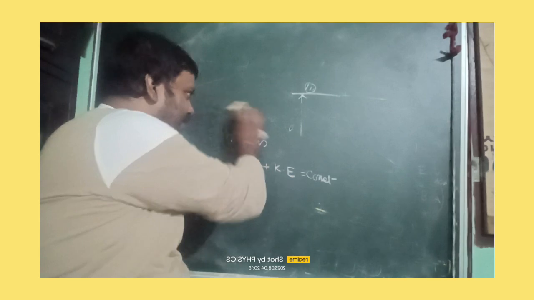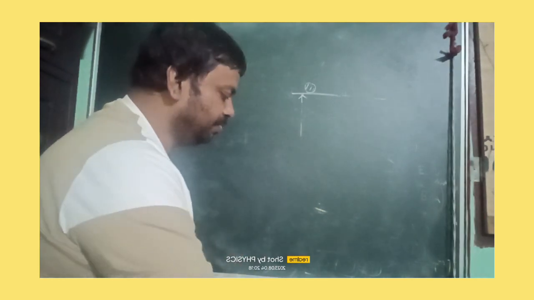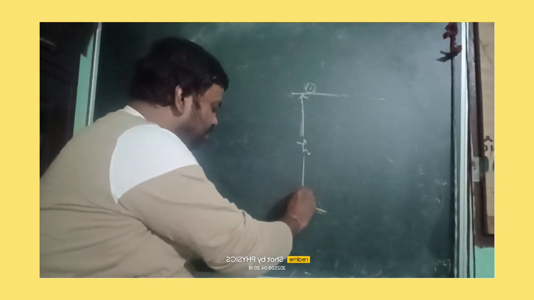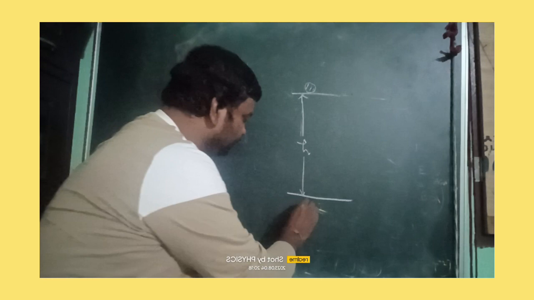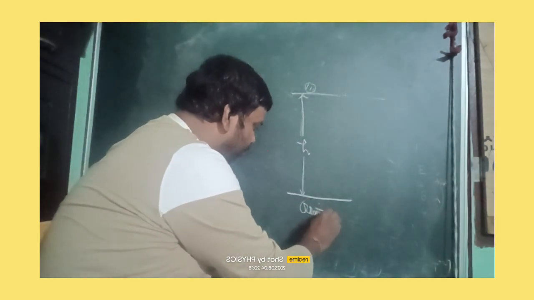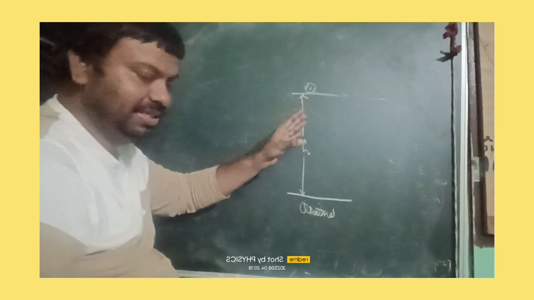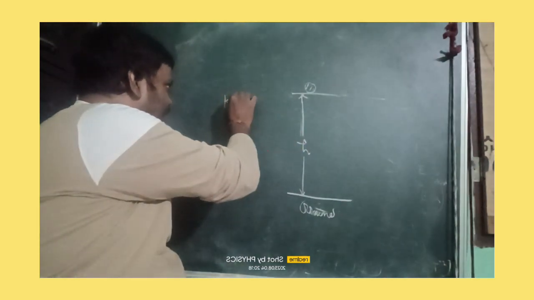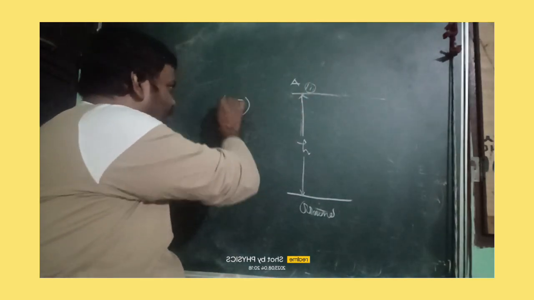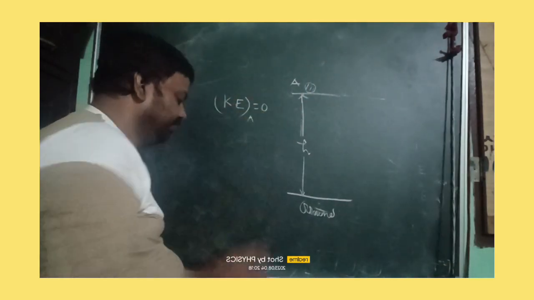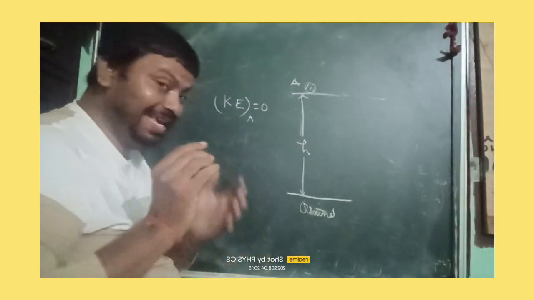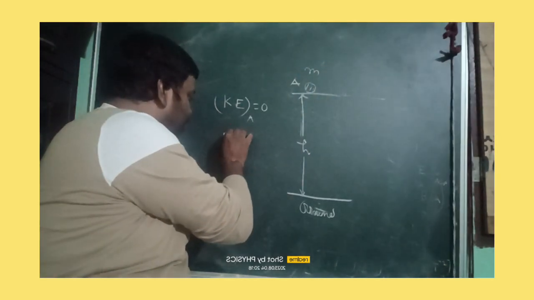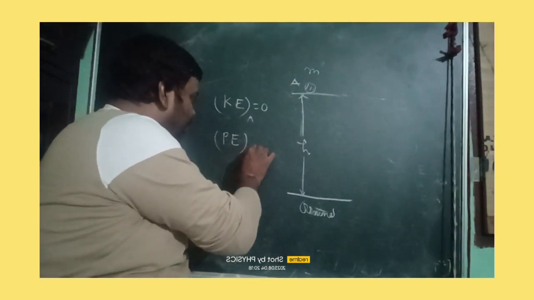Now let's start the calculation. Let us consider an object is kept at a height of h from the ground and it is at the static condition. So the kinetic energy at the point A of the object is 0. If the mass of the object is m, then the potential energy at the point A is equals to